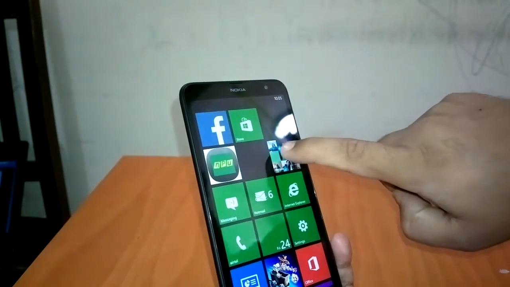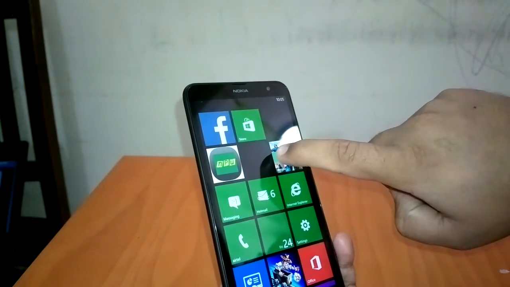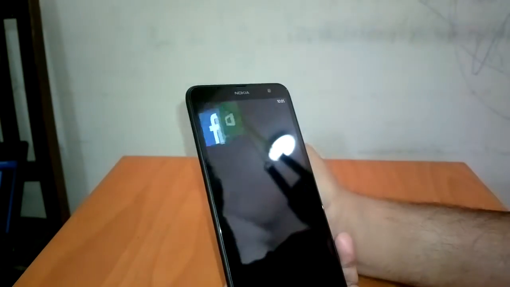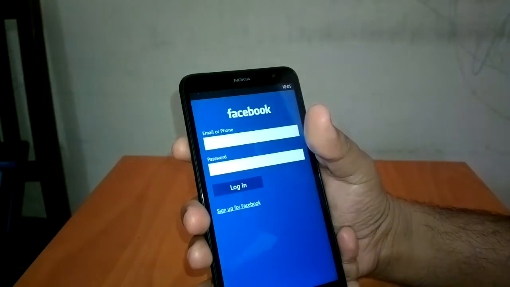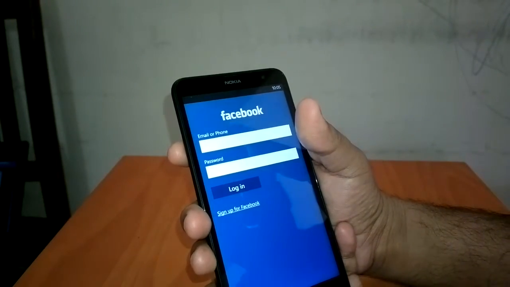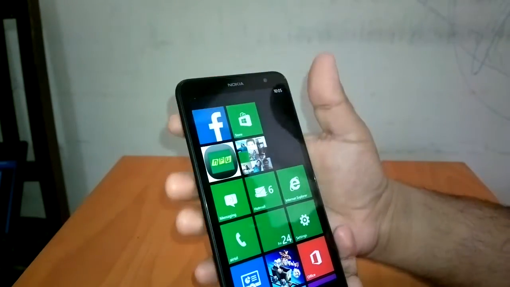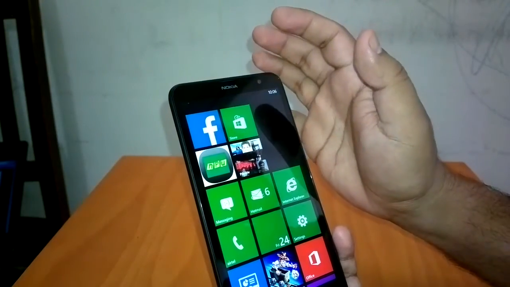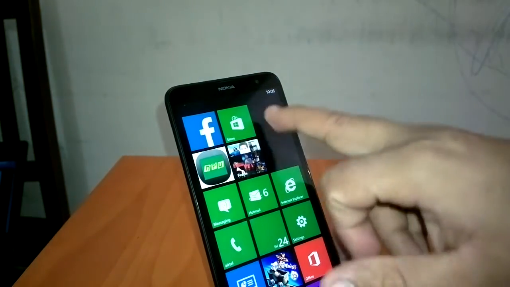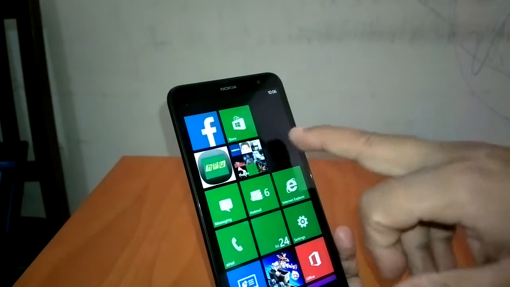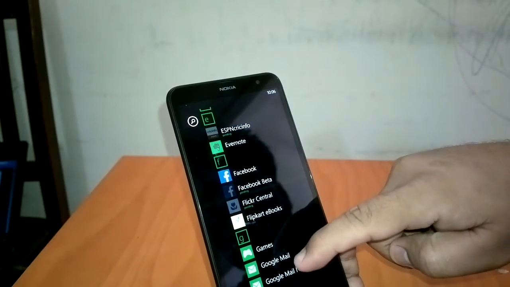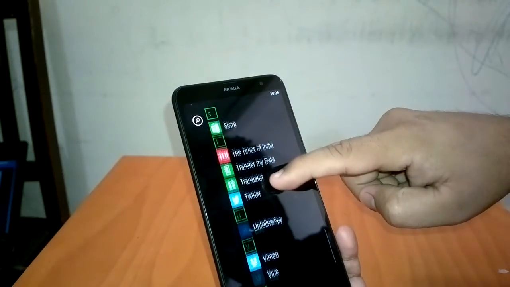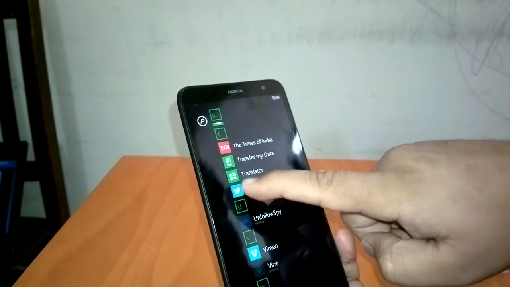In place of your People tile and Me tile, you can directly use the Facebook application as well. Again, since I have not logged into Facebook, it will not show anything, but you can use your chat from Facebook as well, and Facebook is also very capable now for Windows Phone. So this is another way of using your Windows Phone. Either you use it in the integrated way, which is the default, or you can have separate applications of Facebook and Twitter. Like we have pinned Facebook to start, you can also pin Twitter to start.